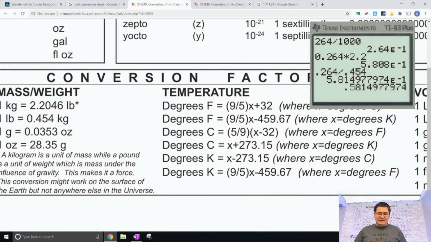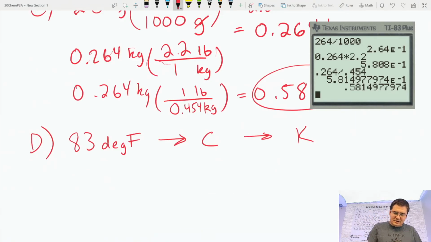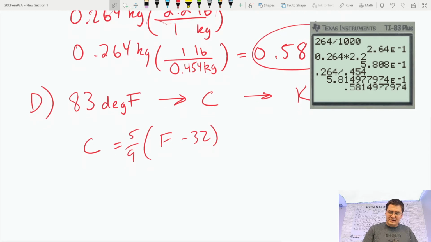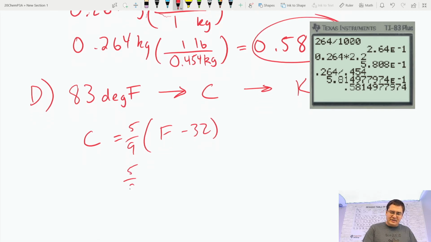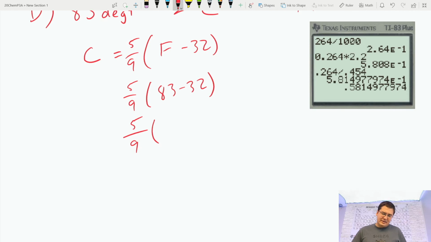And I want to convert from Fahrenheit to Celsius. So I'm going to use, I think it's this guy right here. Celsius equals 5/9 times x minus 32, where it's in parentheses. So Fahrenheit minus 32 times 5/9 equals Celsius. So I'm going to say 5/9 times 83 minus 32. That's 5/9 times, let's see, that's 51. And then I can type it in on my calculator. 5/9 times 51,